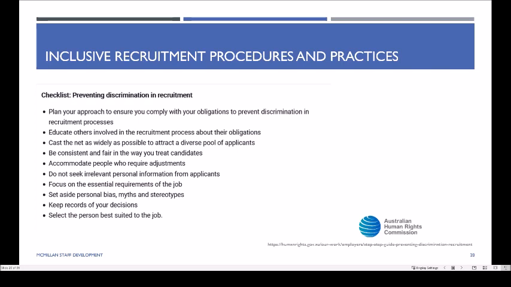disability, or we talk about reasonable adjustments, it might be with people who have English as a second language. Just in general, it's good recruitment practices always to think about the way that you're going about recruitment to get the best candidate for the job.